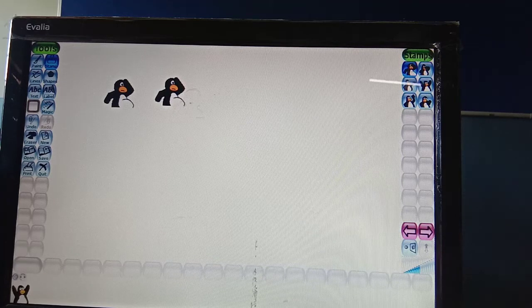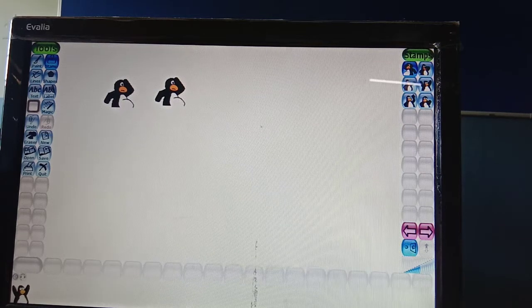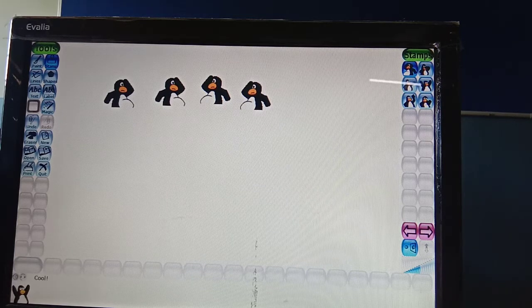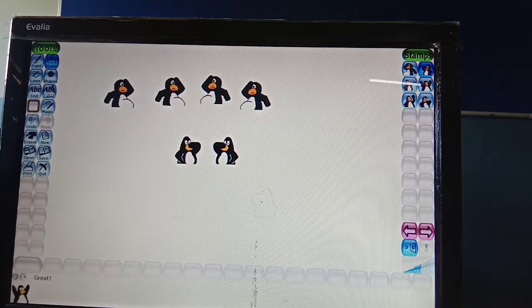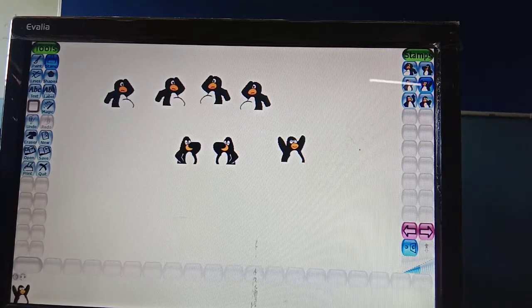If I want it on this side as a mirror image, we have to choose this. As you click on this, it will be a mirror image, displayed like this. I'm putting it here, and the mirror image will be like this.